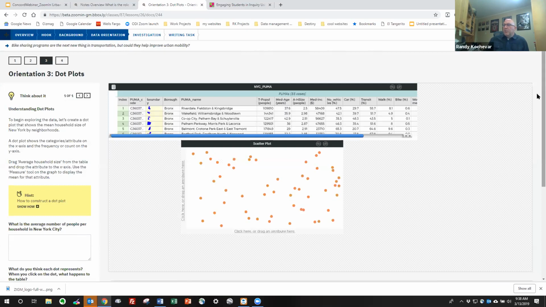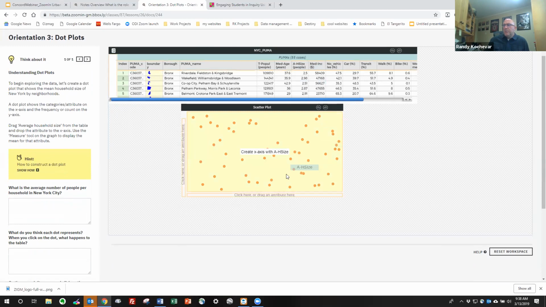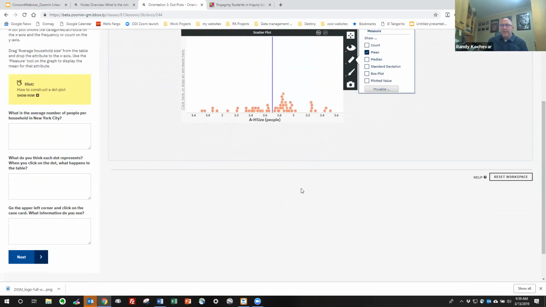And so here we get into a little bit more detail about how to use dot plots. So in this case, we're bringing average household size. We're going to bring it down to the x-axis, and then we can display a mean for that. And so when we're asked what's the average number of people per household in New York City, we can display that. We talk about what each of the cases represents, what each of the dots represents in the graph,